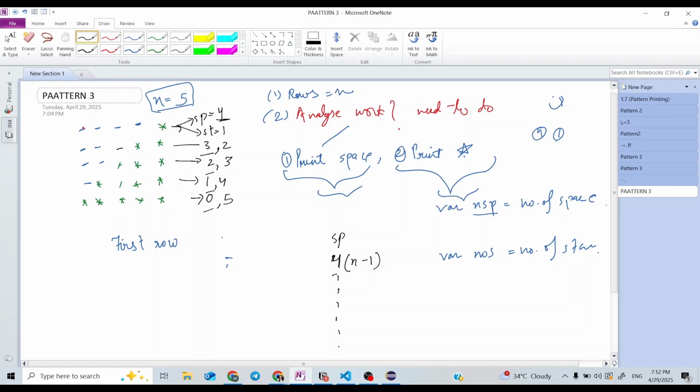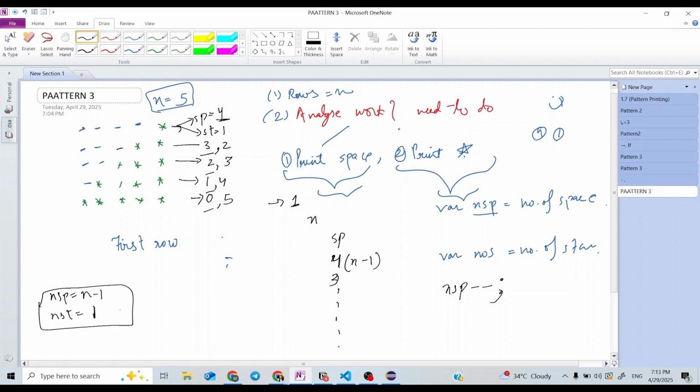And the number of stars in the first row is equal to 1. So the number of spaces in the first row is n minus 1 and the number of stars is 1. We need to initialize these variables according to the first row, that is n minus 1 spaces and 1 star. As we change the row, we will decide that in the third step.